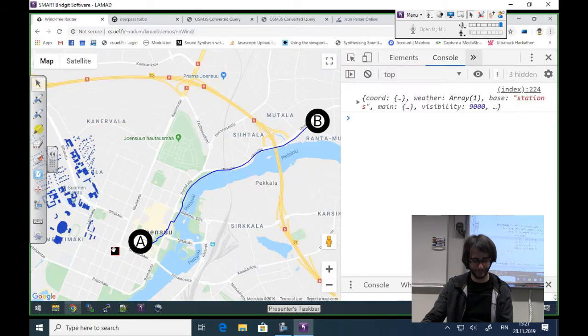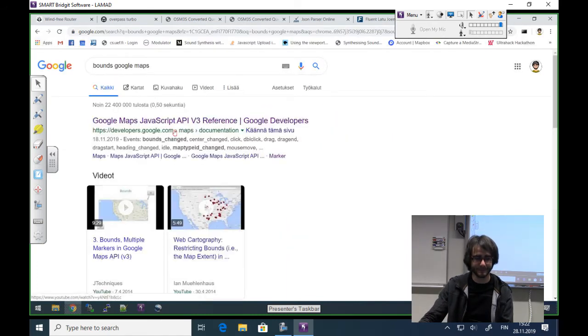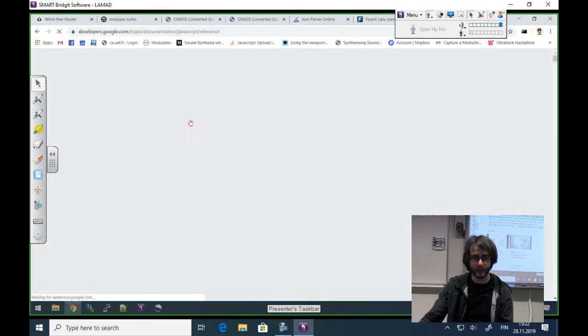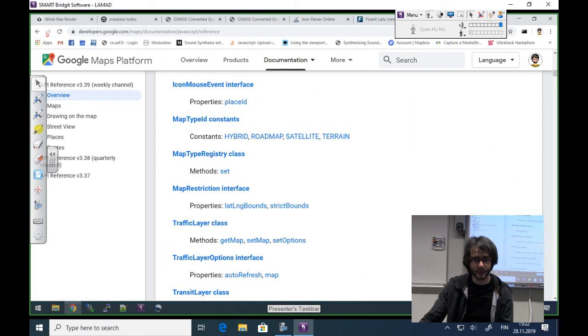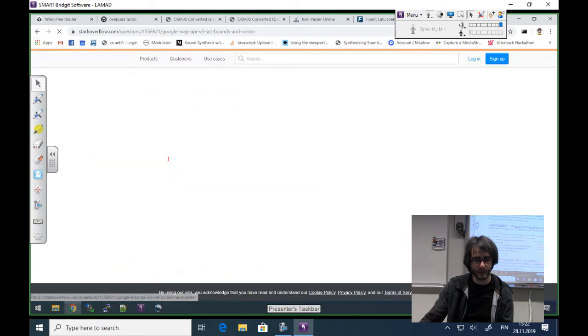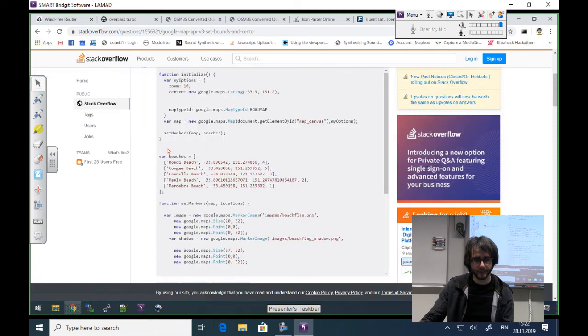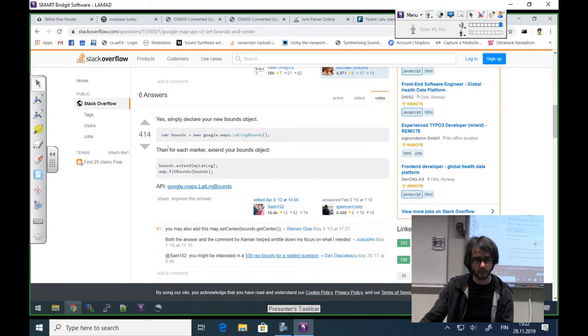But, bounds, Google Maps. Okay, this one goes directly to the reference. Not very useful. I would have to spend quite much time to read it. Okay, this is something useful. I'm going to copy this